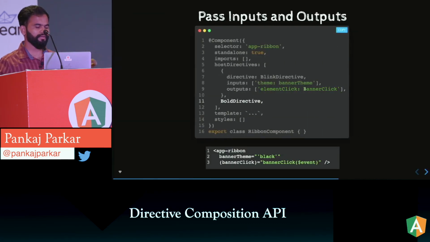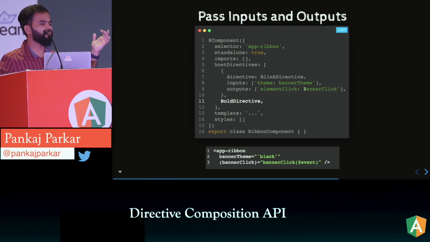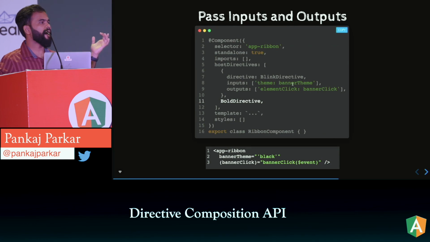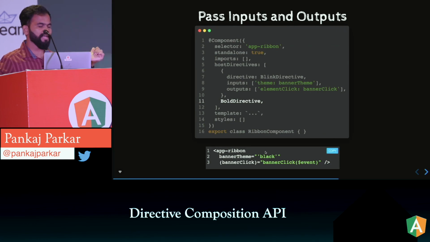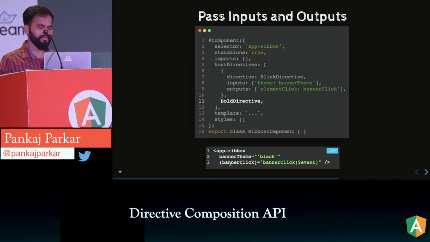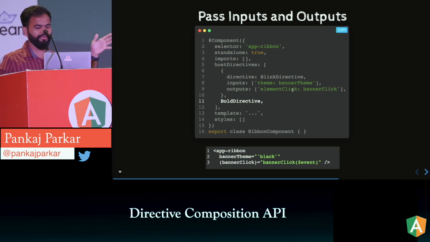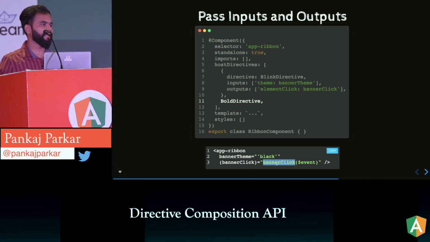So how would we use that? On the app ribbon component we will say bannerTheme, passing what theme we want to see, black theme maybe. Initially it was red. And the same thing for bannerClick, which was elementClick, the name of the output event. We changed it to bannerClick and we call it.